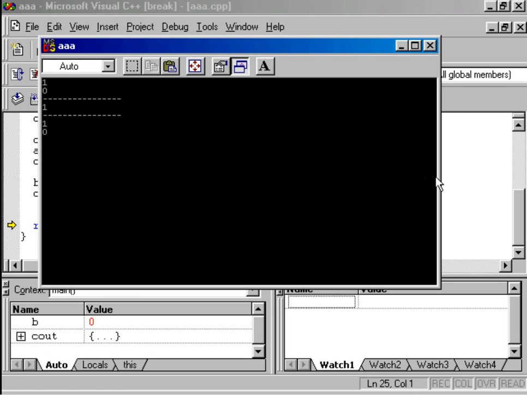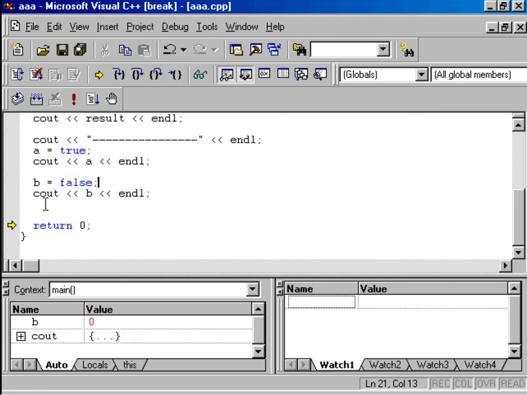Content of your variable, namely B, is 0. What we have assigned? We have assigned false. And what is the content? 0. So false means 0. Is it clear? Understood the working of this Boolean data type in C++?